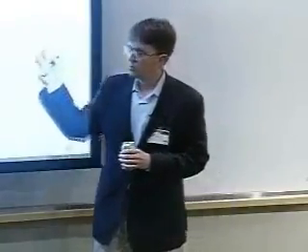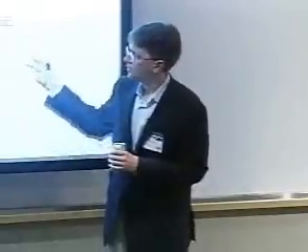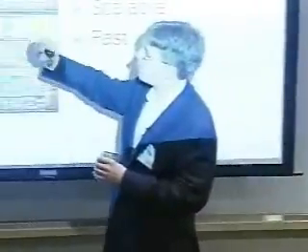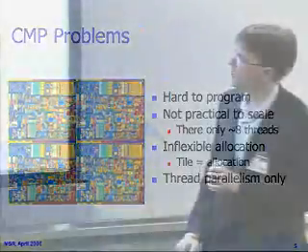They're scalable because as more transistors become available, you can stamp out more and more of the cores. And there's also hope that they might be fast, because in this case, if I can break my program up into 4 threads, I can run them in parallel and get 4 times the performance. Now, it turns out that things aren't quite so rosy with CMPs, and there are actually some pretty significant problems